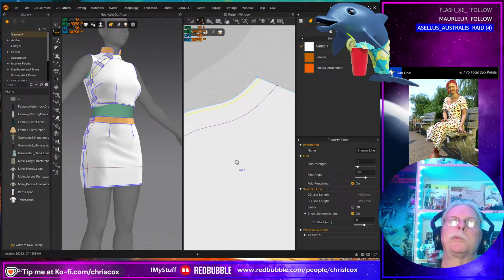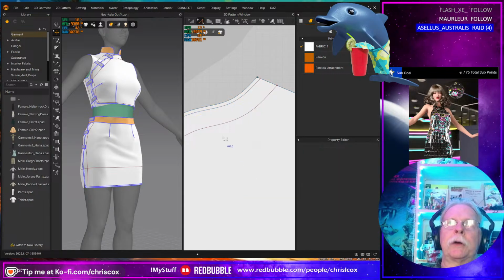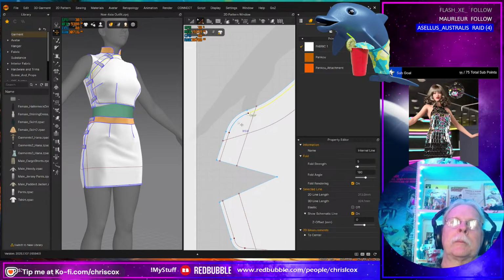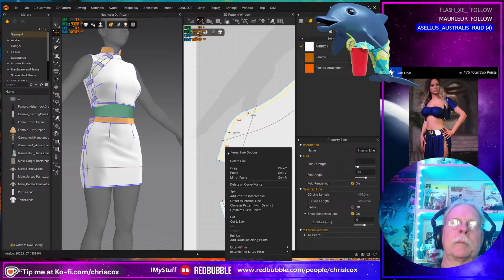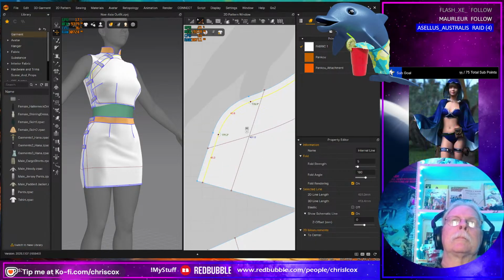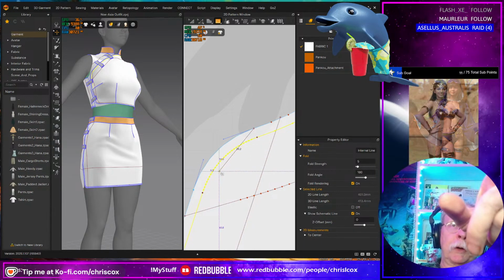Extend trim to pattern outline. Dang it. I wonder, let's try. That's probably my problem right there.